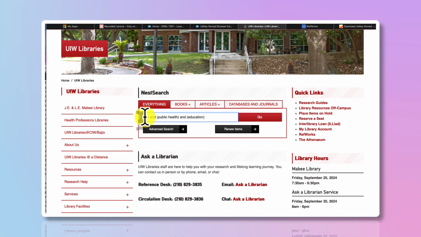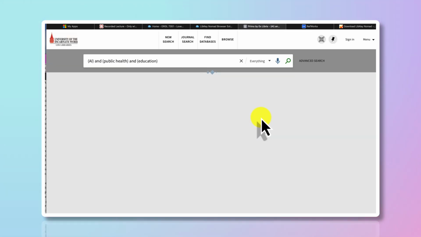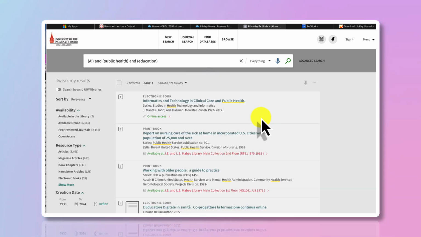So I just use the convention to make things easier, and then you say go. She doesn't recommend it, as she said, for undergrads, and this just searches everywhere, books, articles, etc. So as you can see, it's not a good search because it brought